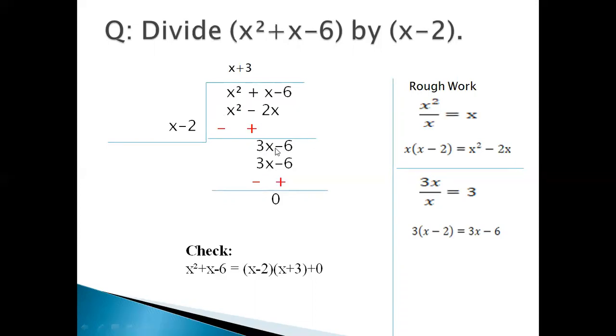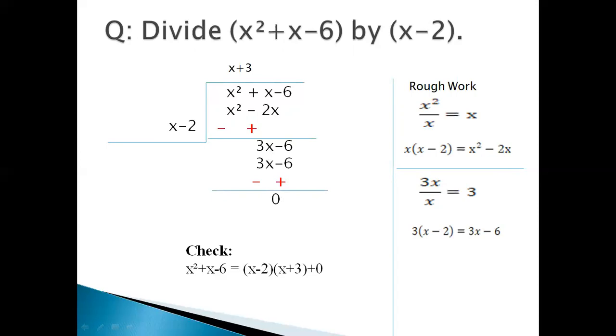Now in the next step, we have to take the first term 3x and divide by the first term x. So 3x over x, x and x will cancel out, we get 3. Now multiply this 3 by x minus 2, we get 3x minus 6, and substitute it here, 3x minus 6. Now change the sign for subtraction. Plus 3x will change into minus 3x, and minus 6 will change into plus 6. So plus 3x and minus 3x will cancel out, minus 6 and plus 6 will cancel out, and